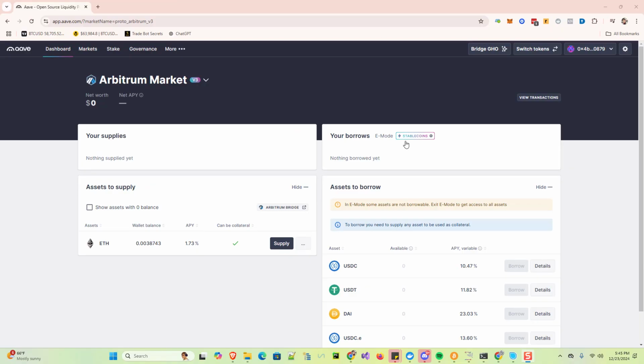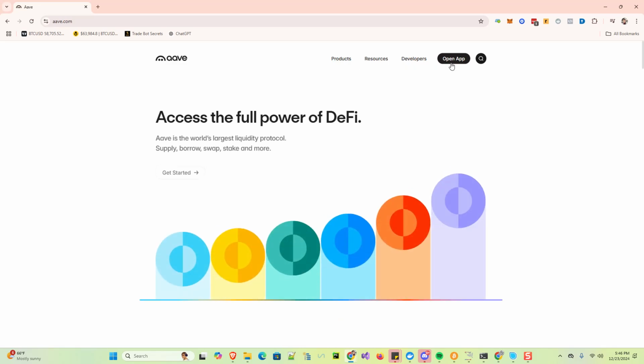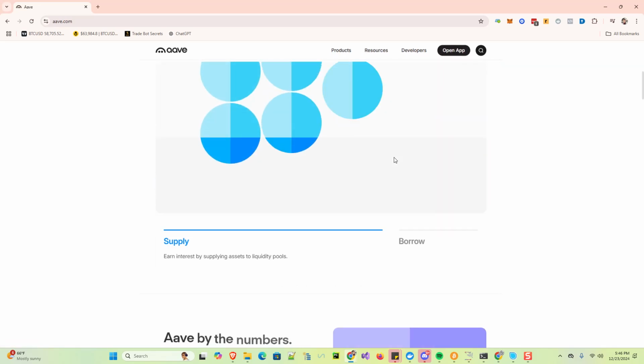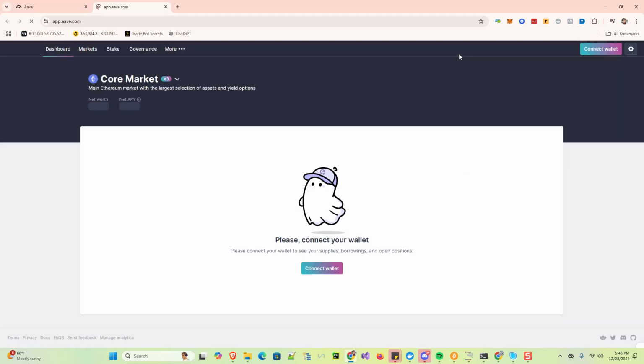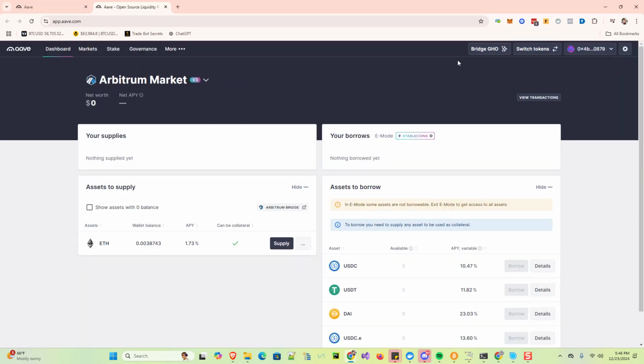All right, the first thing I want to talk about is decentralized finance and a website called aave.com. Let's go and take a look at it. You'll be able to see the website at app.aave.com. If you go to aave.com, you should be able to connect your Web3 wallet when you open the app. But this is the decentralized finance place where you would supply your wrapped Bitcoin and then be able